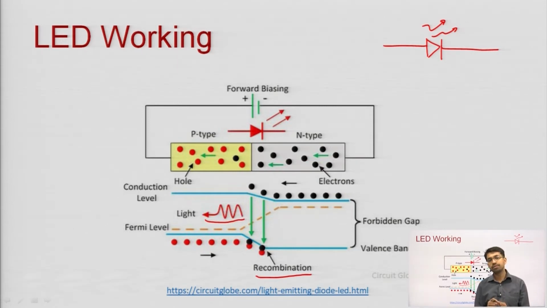This happens always in a normal p-n junction diode. When electron hole pairs recombine, a photon is emitted, but it is mainly in the infrared region or in some other region that we cannot see with our naked eyes. Okay. So, maybe they emit energy in the form of heat, but if we choose this forbidden gap such that the difference in energy,